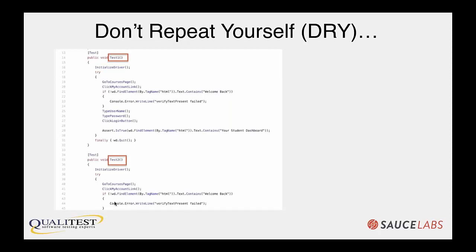So this is duplication because, again, if any of these steps change, for example, what if instead of clicking the account link, now you also need to do a CAPTCHA or maybe you need to enter some text. And so if you have that extra addition in your test case, you're now going to come in and you're going to have to update every single test where these methods in this order are no longer correct.